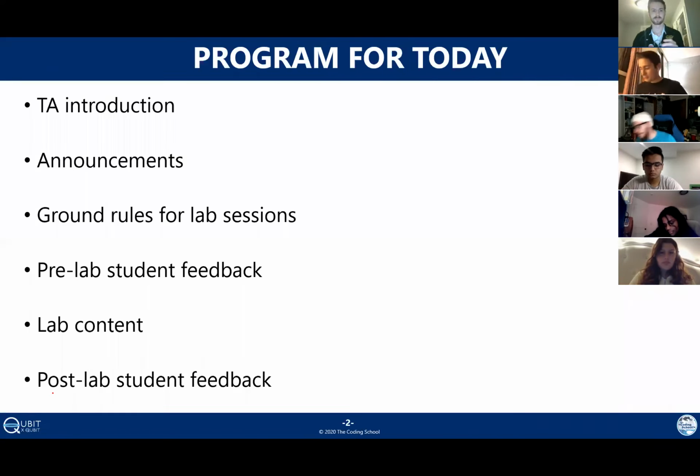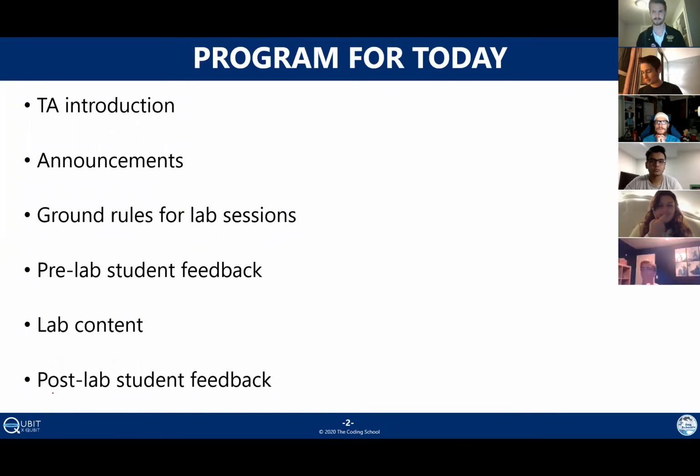Quick overview of what we'll be doing today. It's a little bit different just because, again, this is the first lab. There's kind of some administrative stuff we have to do right at the beginning. For those of you who joined later, we also started 5 minutes late, which probably will not be the case going forward. Just wanted to make sure everyone had the chance to get their technology working and get set up properly. So today, first of all, I'll give a brief introduction to myself, who I am, and the background I'm coming from. Like I said, we have a couple of course announcements that we'll be going over here.